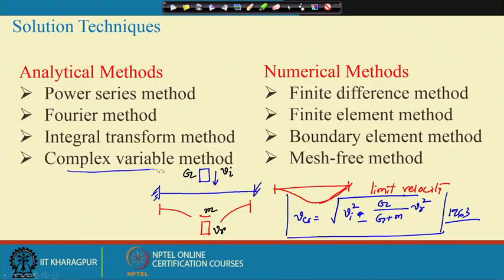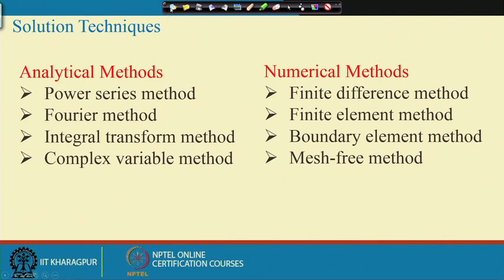And also, when we talk about the complex variable method, from the complex variable method we will try to solve some examples, and those examples will take us to a very fascinating branch of mechanics, which is called fracture mechanics, but that we will discuss. You do not have to bother right now for that. Whenever we come to the complex variable method, we will discuss that there. Okay. So, now these are the things that we will be doing in the next 3 weeks, but before that